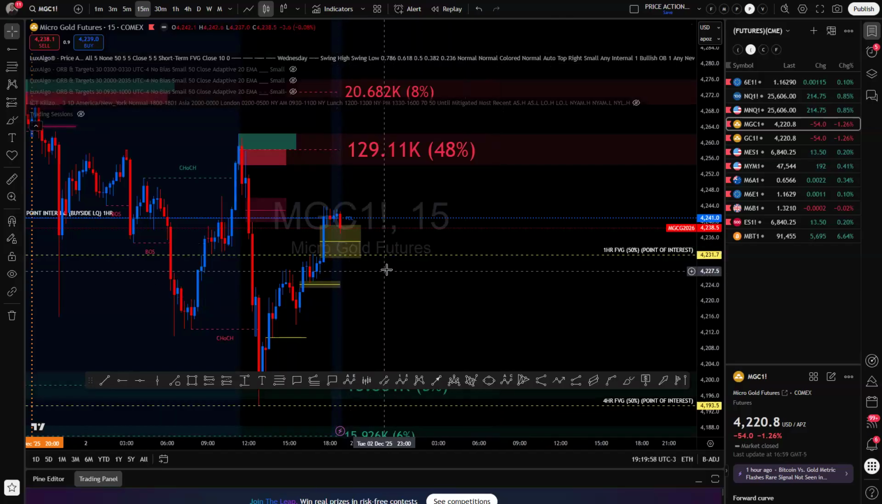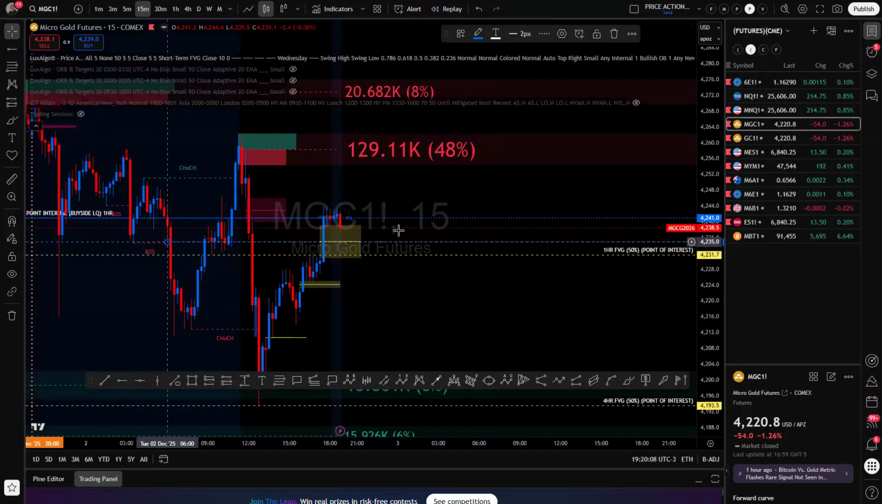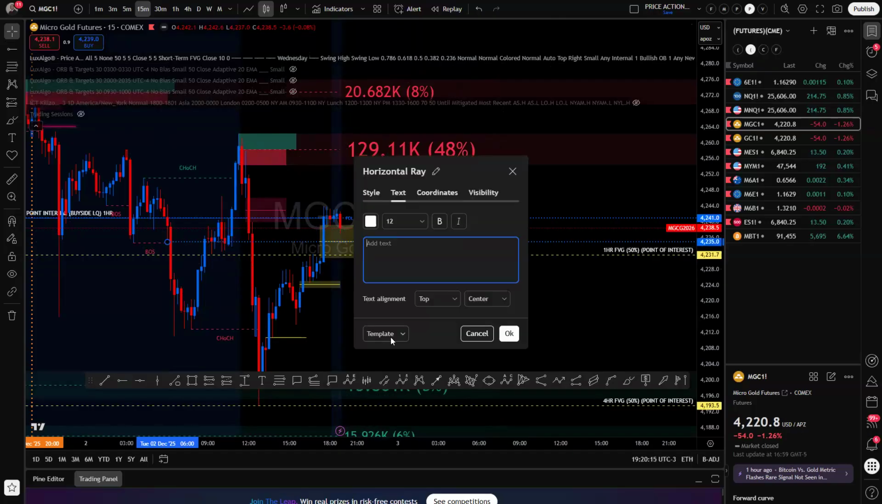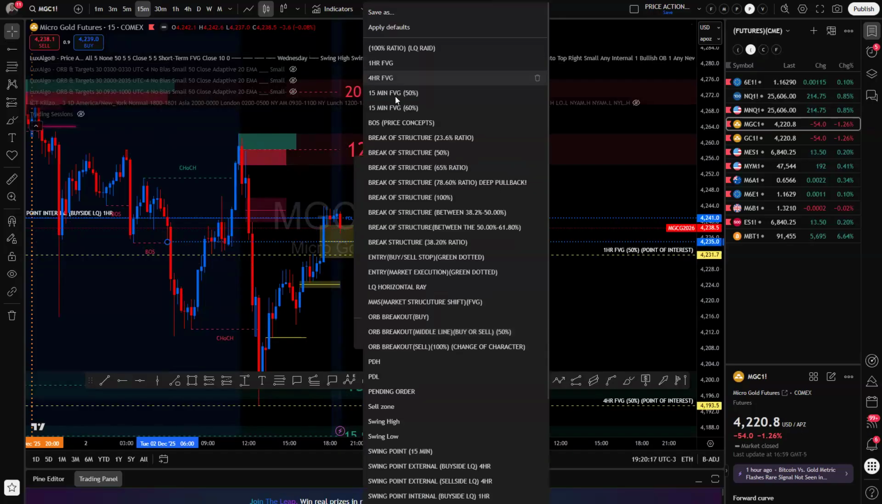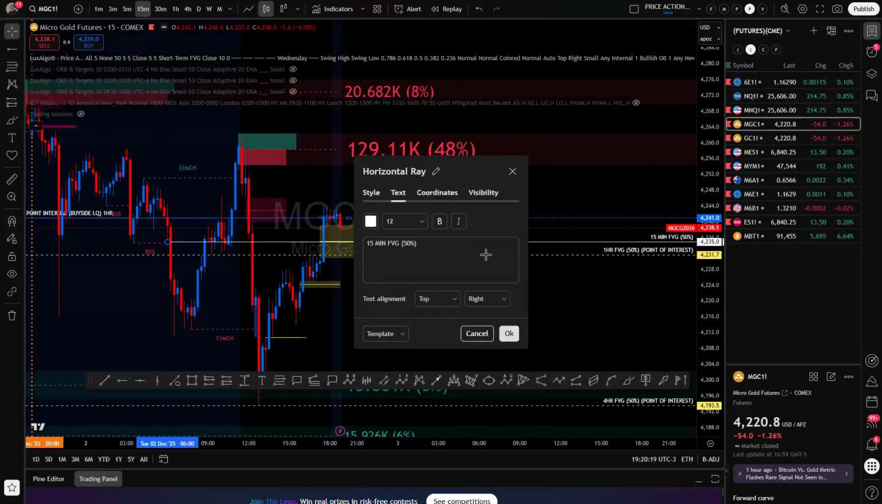Okay, so we have a 1 hour fair value gap, price pushed above that. So now we have a 15-minute fair value gap here. So we are currently bullish. So in this situation, we're going to want to set our alarm because we want to